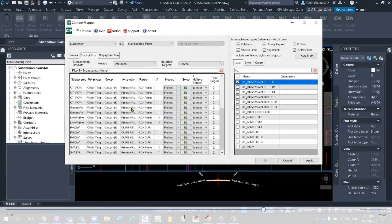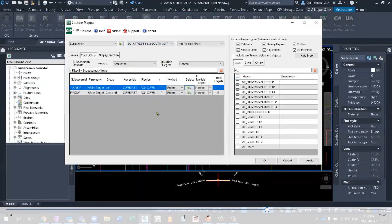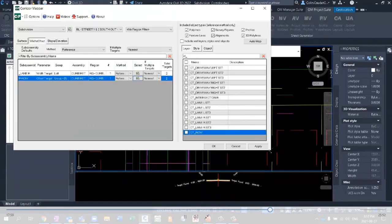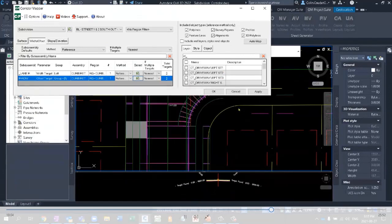Now, there's a heck of a lot more sub-assemblies that can target now. We can, with Corridor Mapper, refine our search. So we've got Street 1 and 2, south, out. That would be the outside of the bottom one for the crescent. This leaves me with my lane and my right-of-way. Now, I've got the right-of-way, which will help tie to the curb return, or the daylight triangle, right here. So let's set that just with a simple